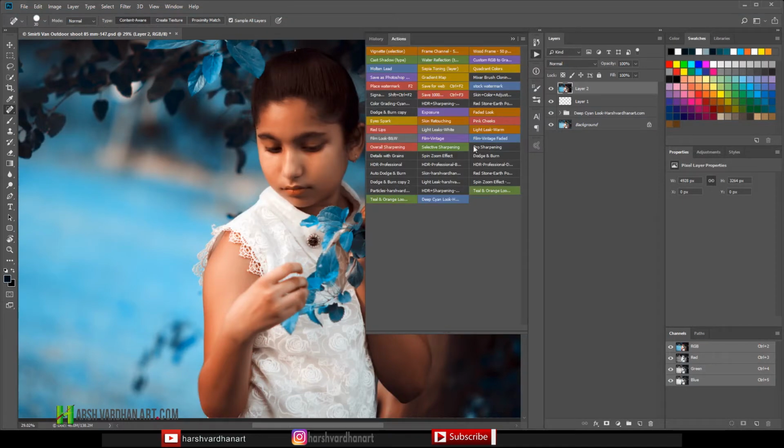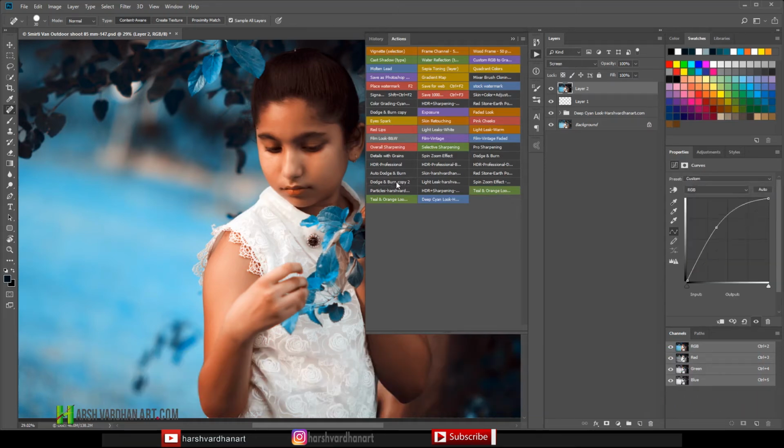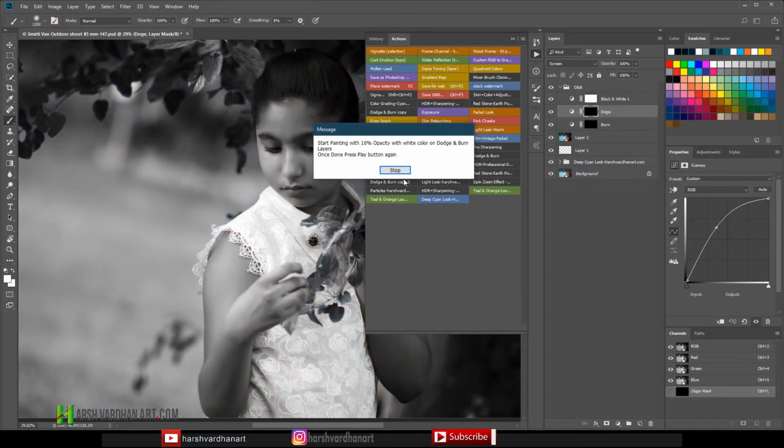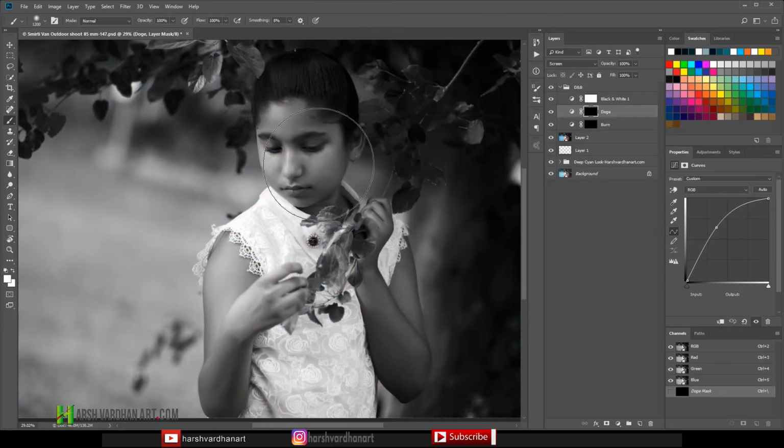Now go to the actions panel and select the dodge and burn action and select the play button, or you just double click if you are in a button mode. That's going to create some layers, and here you will click on the stop dialog box, and now you need to dodge this image. So basically wherever you see the highlights, just paint over that with the soft edge brush